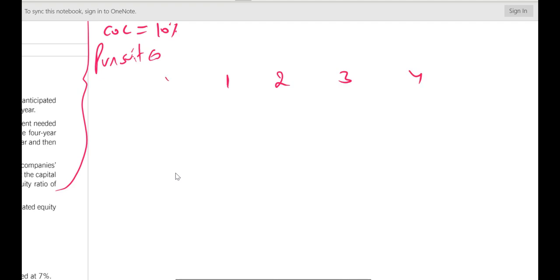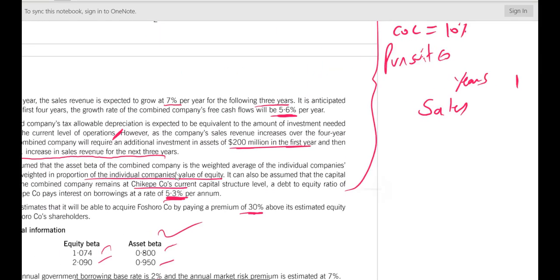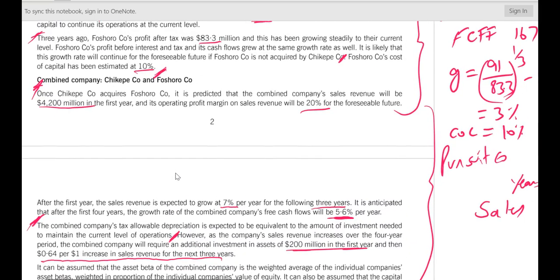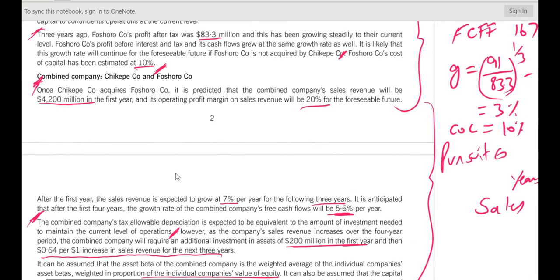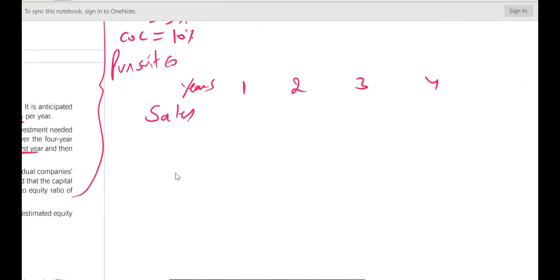Data is in millions, this will be of years. So first of all, we will write the sales, and sales in first year is 4200, and it will grow with 7%. So it is 4200 and it will grow by 7%: 4494,